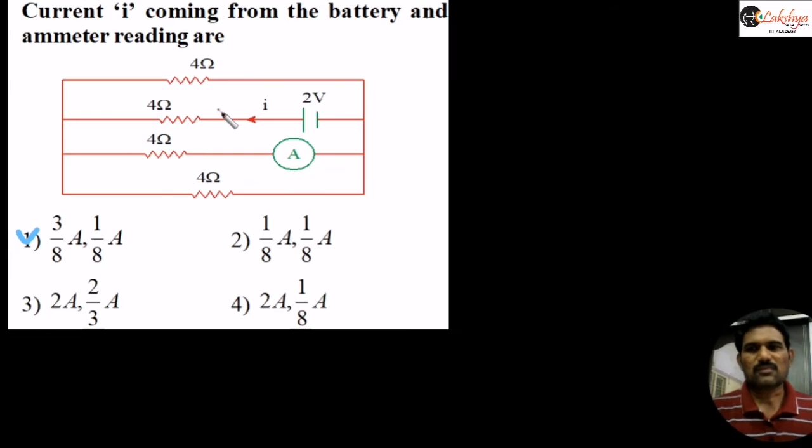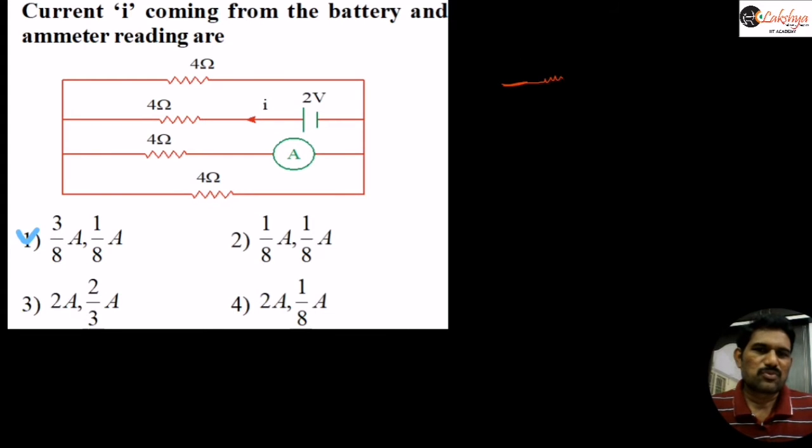And next let us see one more such problem here. The current I coming from the battery and the reading of the ammeter. So in a similar circuit they are asking the current passing through the battery, and here the ammeter is connected. So they are asking the reading here. This is also similar to our previous problem. Just that here 3 ohms are given and there 4 ohms are given, right? So I am directly writing that. We can draw this circuit like